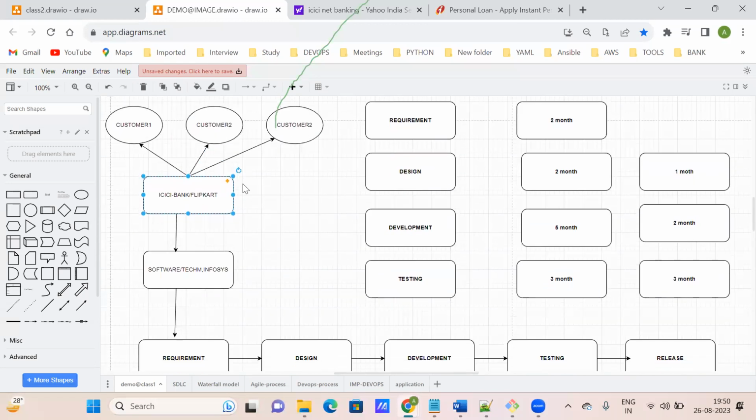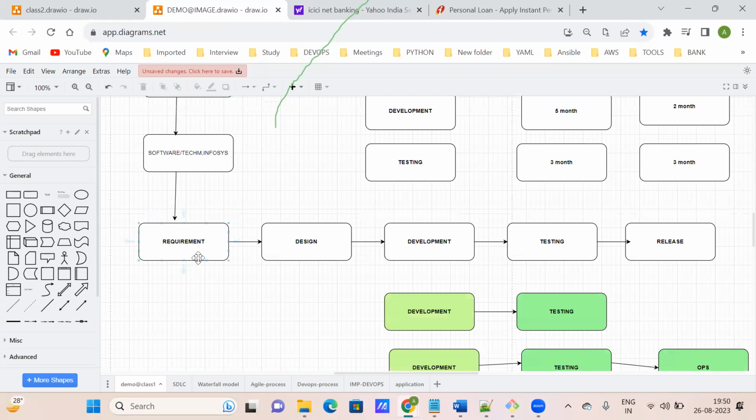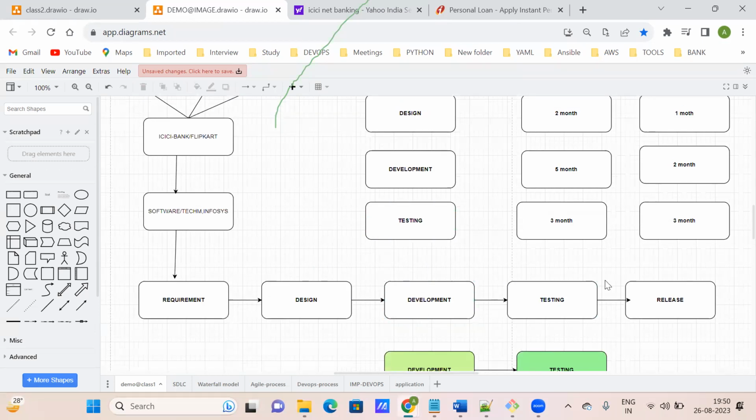So SDLC is a process, but there are different processes that start from SDLC. The first process or first model is the waterfall model. So in the waterfall model, what happens? Once requirement is fully completed, they go for designing. Once designing is fully completed, they go for development. Once development is fully completed, they go for testing. And when they are testing, let's say 3 months are going to complete, and another 15 days are left, they get some issue, which is a design issue.